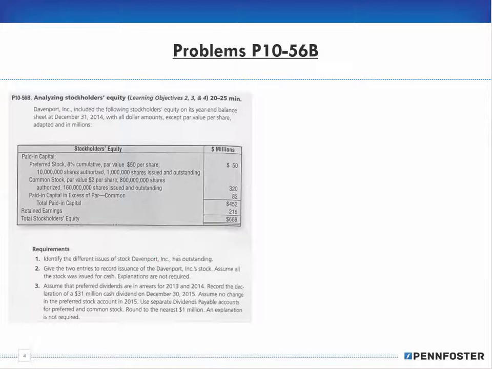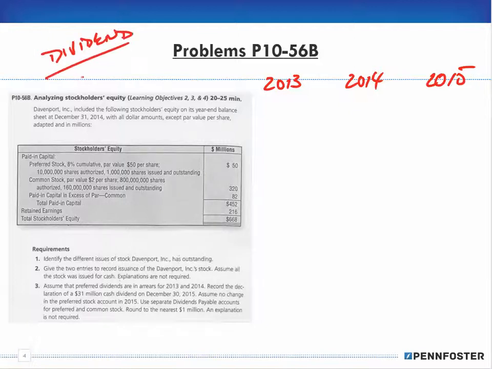Okay, so we have to first figure out, we're talking about 3 years here: 2013, 2014, and 2015. And before I get into this, because we're talking about dividends and we're talking about cumulative,